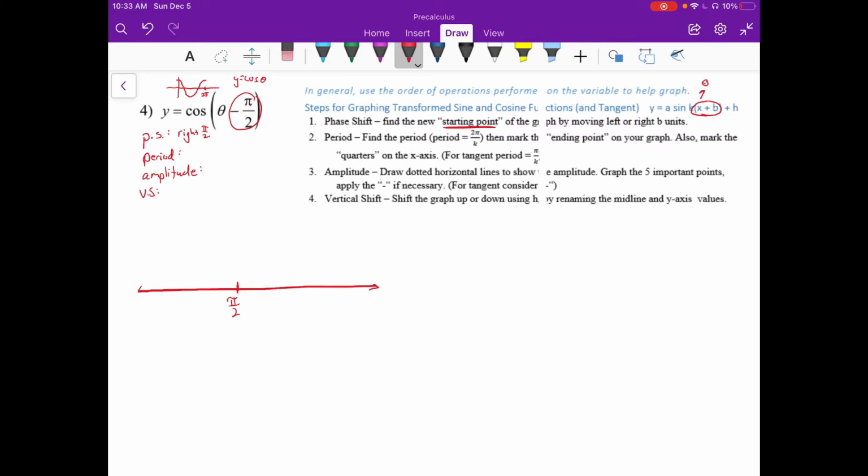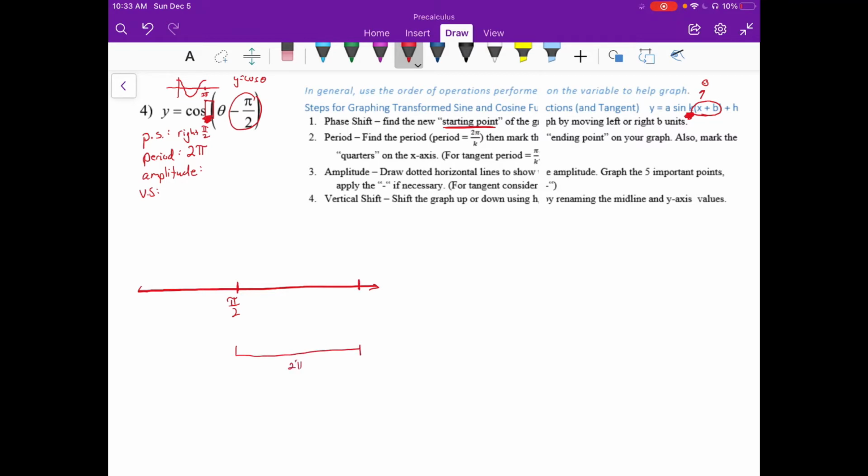Next, we're going to deal with the period. The period is 2 pi over k, where k is what's multiplied by the variable. Well, there's nothing multiplied here. If there's parentheses, it would be right in between the cosine and the parentheses. So we have just a 1 there, so that means it's our normal period for cosine, which is 2 pi. Well, once we know that, we use that to find the ending point of our first cycle. So we're going to take our starting point and add the period,